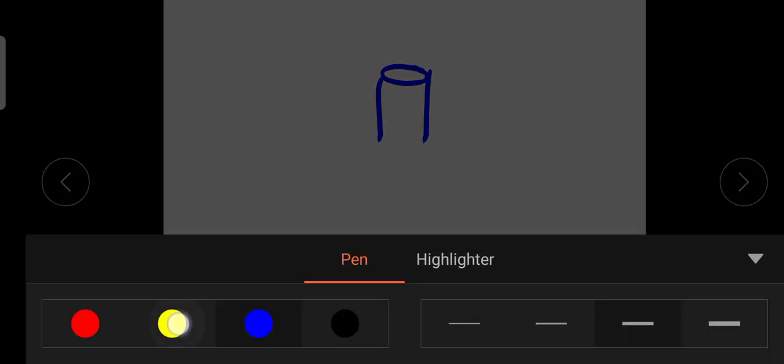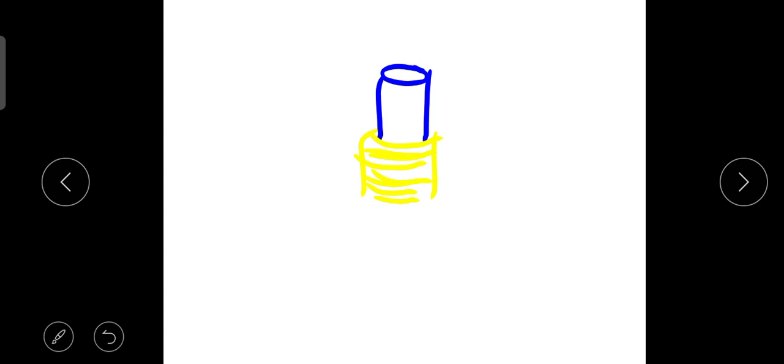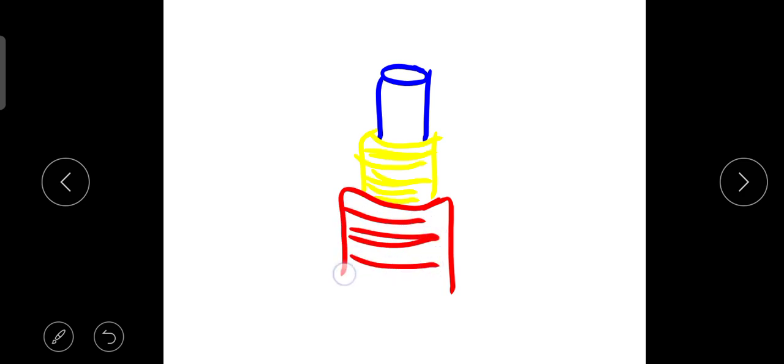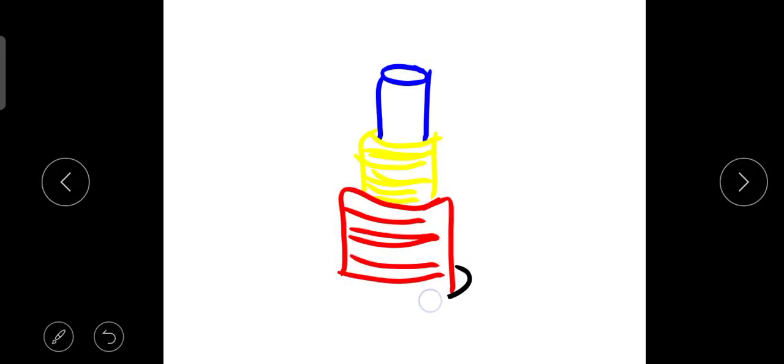So I am just drawing here the spinal cord. So imagine this is the spinal cord. So the first layer covering the spinal cord will be the pia mater. So I am representing it with yellow color. This is the pia mater, the immediate covering of the spinal cord. Then we have the arachnoid mater, which comes above it. I am representing it with the red one. And finally, the outermost layer, that is the dura mater.